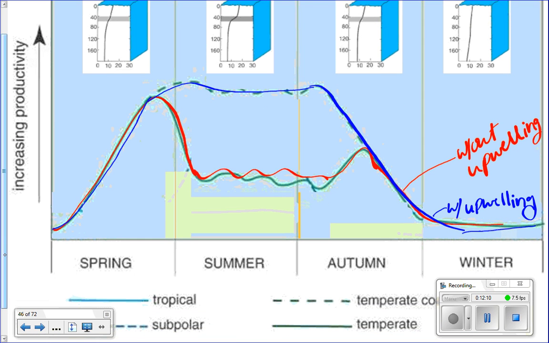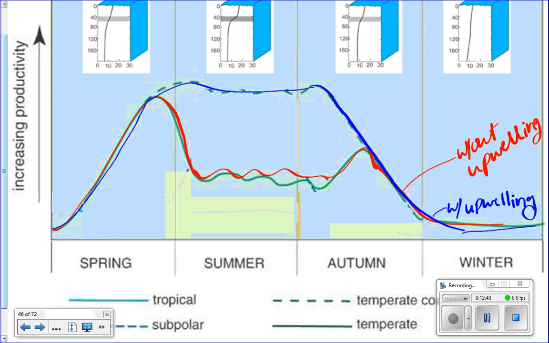This red line right here, this is what happens in the temperate regions without upwelling. Nutrients and light become available in the spring, and you get this big bloom of phytoplankton. During the summer, a seasonal thermocline forms, which traps some of the nutrients in the deep sea. So the bloom drops off. Still, the phytoplankton population remains higher than it is in the winter, but it's less than the big bloom